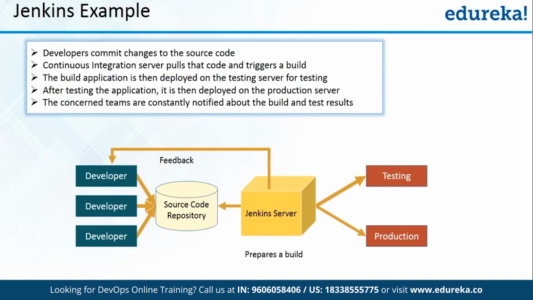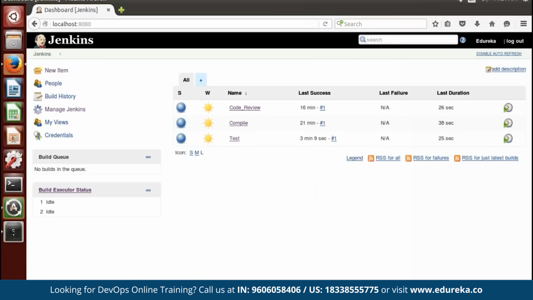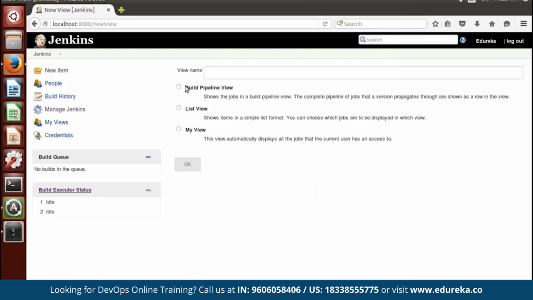Now what I'll do, I'll go back to my Jenkins dashboard and I'll show you how to create a build pipeline. All right. So for that, I'll move to my Ubuntu box once again. Now over here, you can see that there's an option of plus. Okay, just click over there. Now over here, click on build pipeline view. Whatever name you want, you can give. I'll just give it as Edureka underscore pipeline